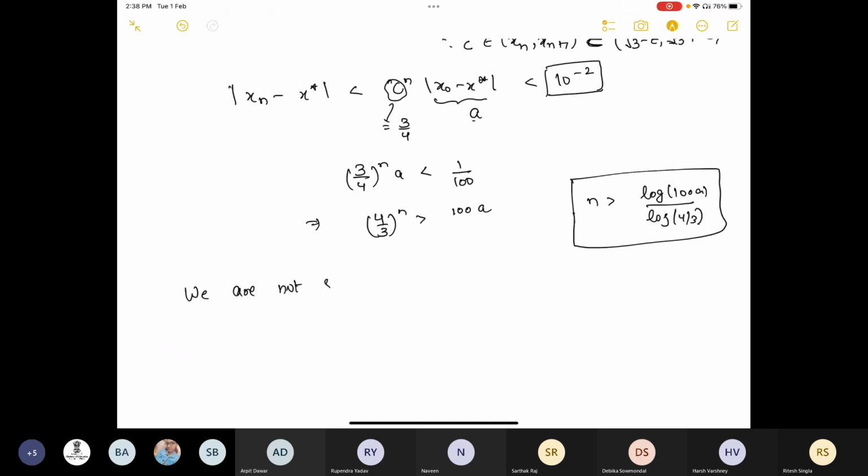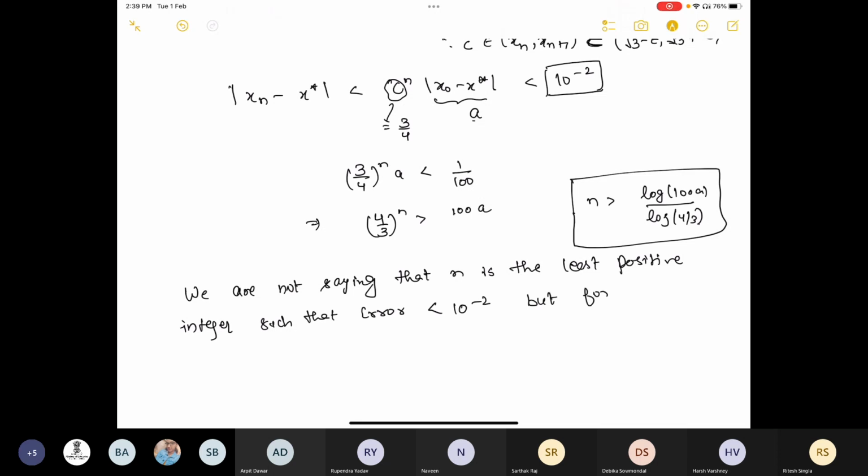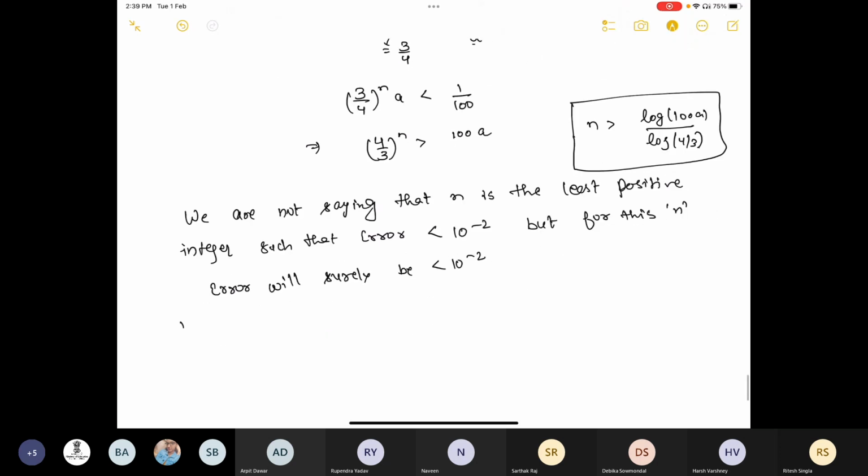We are not saying that it's the least positive integer such that error is less than 10 to the power minus 2, but this n will surely be less than 10 to the power minus 2. That is,